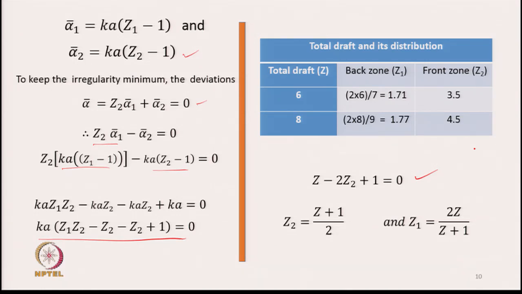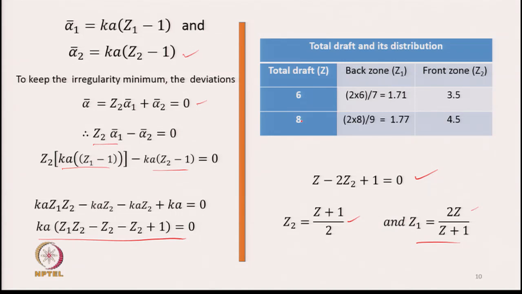From here we can write that z 2 is going to be (z plus 1) by 2 and z 1 is going to be 2 z by (z plus 1). So, we can find out the values of z 1 and z 2 if z is given to us. Now, accordingly, based on this formula, we have found out what could be the drafts for two situations